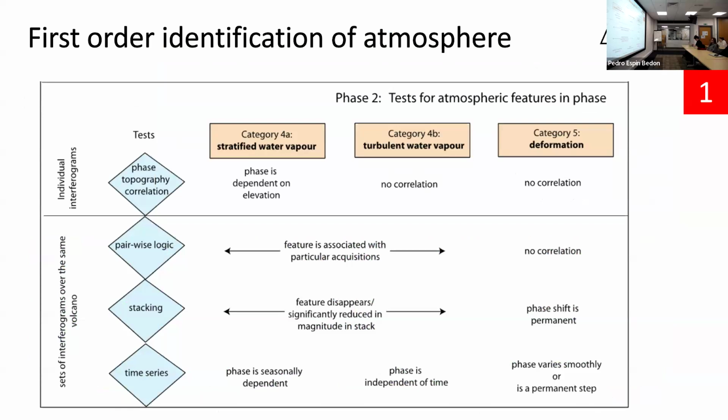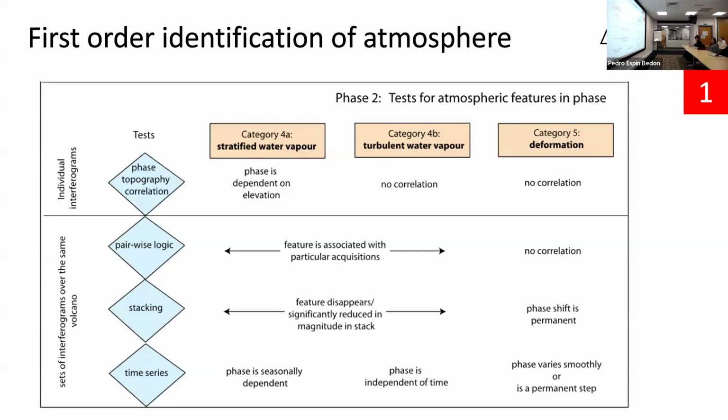So taking the same kind of very basic approach to atmospheric contributions to phase, if you have some interferograms to look at, maybe that you've made yourself for the first time or someone else has provided to you, how do you work out if the signal that you're looking at is something you're interested in or just the atmosphere? So this is a kind of decision tree to help make the first judgment on that. Obviously, once you make a time series, you're going to have a much better idea, and that's your best choice. But if you have an event you're interested in that happens rapidly, perhaps between the acquisition of two images 6 days or 12 days apart, you could do something like this.